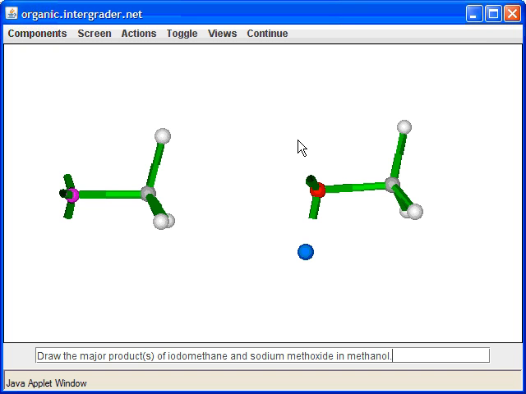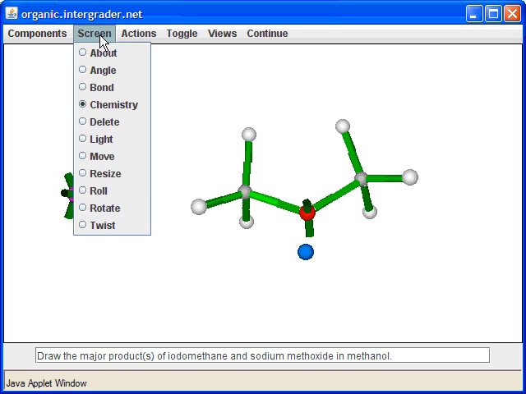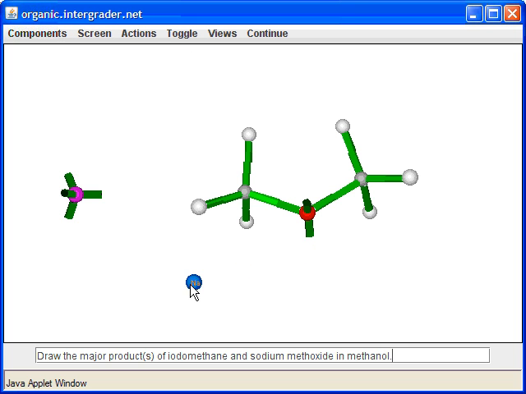In this case, we have a methyl halide, and we have a very strong base. But we don't have to worry about eliminations for 2 reasons. One is that there's no steric hindrance, but the more important reason is that there is no vicinal carbon and vicinal hydrogen that you would have to deal with for elimination reactions. Because of that, all I have to do is an SN2 substitution, and we hit arrange. Remember that sodium is a spectator, so it's not going to bond to anything, and all I need to draw on the screen right here is basically